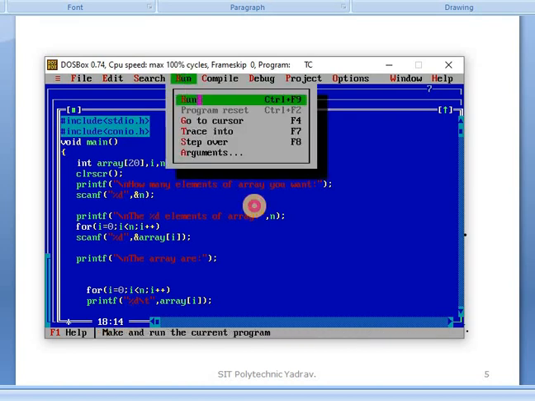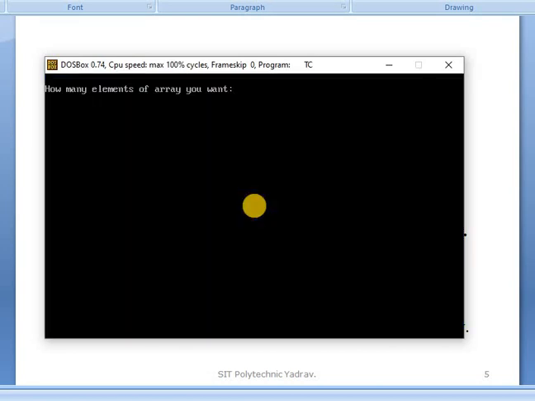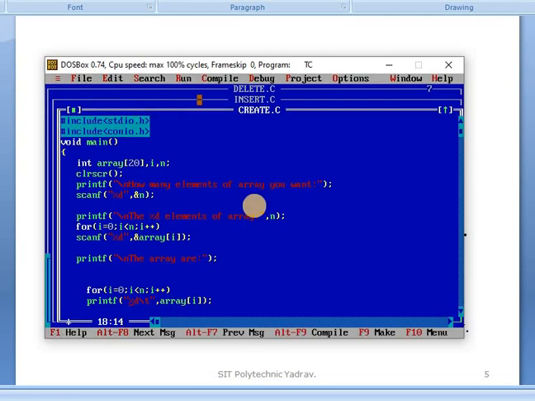Okay, how many elements of an array do you want? For example, I want 3 elements. After that the 3 elements of the array are entered. For example, I enter the number 5, after that 6, after that 7. Then the answer is displayed: 5, 6, 7. Okay, in that we use \n so that it displays one by one on the output screen.